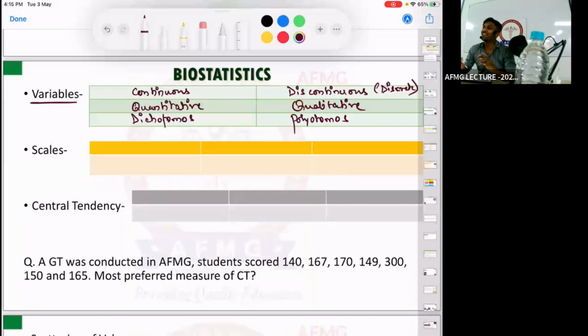So dichotomous means only maximum 2 values are possible. Whereas polychotomous means multiple values are possible. So quickly, I will give you one variable and you will tell me the classification, first, second and third. If I ask one, you will tell me either it is continuous or discrete. So first of all, weight is a continuous variable. Second, is it quantitative or qualitative? Quantitative variable. And third, it is a